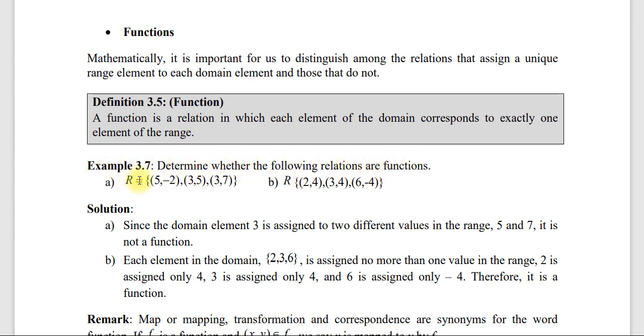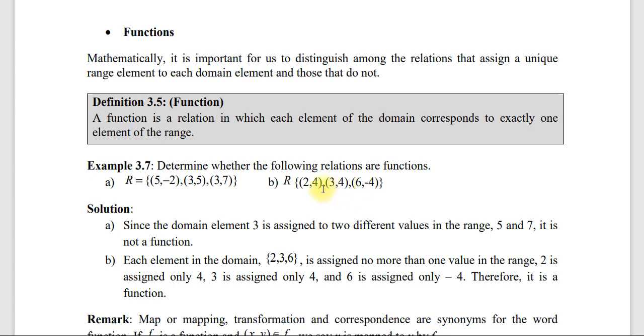A r which is equals to the set containing 3, minus 2, 5, 3, 7. And B r which is equal to the set containing 2, 4, 3, 4, 6, minus 4. አሁን እዚህ ላይ ተመልከቱ እንግዲህ የመጀመሪያውን ዶሜኑን እንየው እስኪ። ኤ ላይ ያለውን 5 3 3 3 ተደግማለች ማለት ነው። ሬንጁን ይዩት -2 5 7 ሬንጅ አልተደገመም። ኦኬ ይሄን ይዛለን። ኔክስት ቢ ላይ ያለውን ደግሞ እኔ 2 3 6 የተደገመ ነገር የለም።